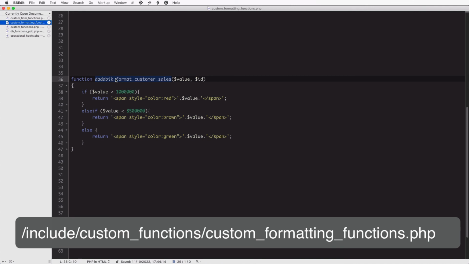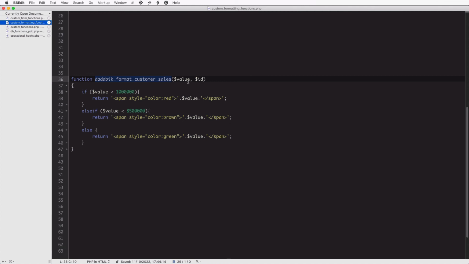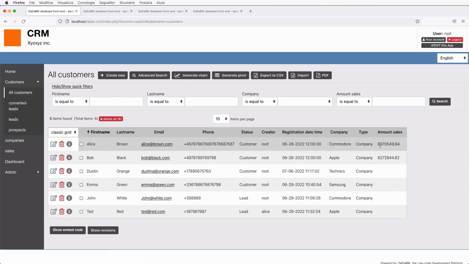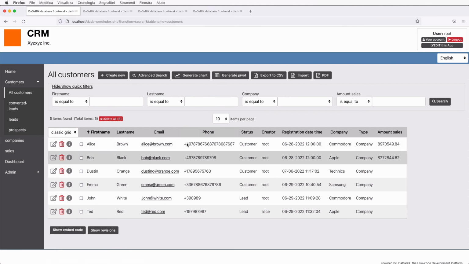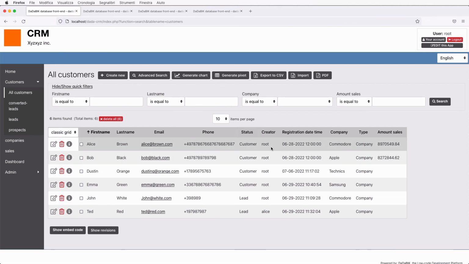So this is my function, Databeak format customer sales. Custom formatting functions receive in input two parameters, $value and $ID. $value, the first parameter, is the actual value, while $ID contains the ID of the record.